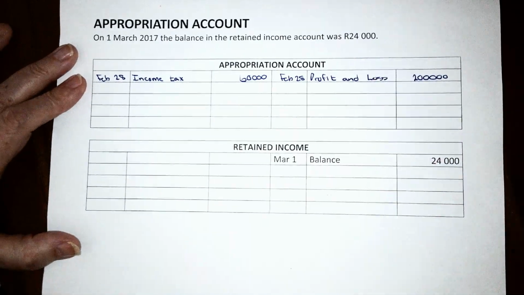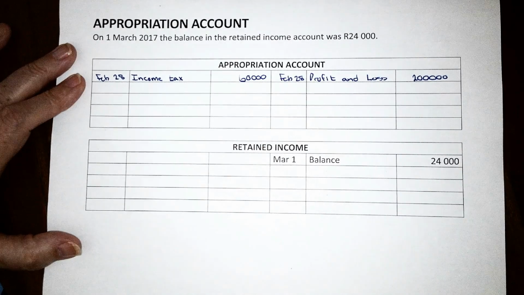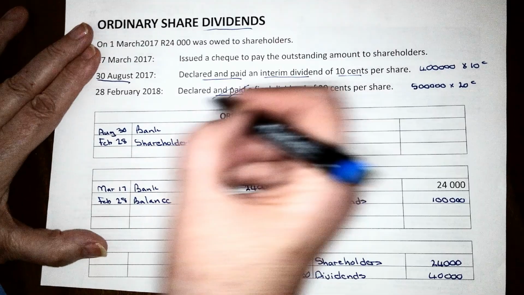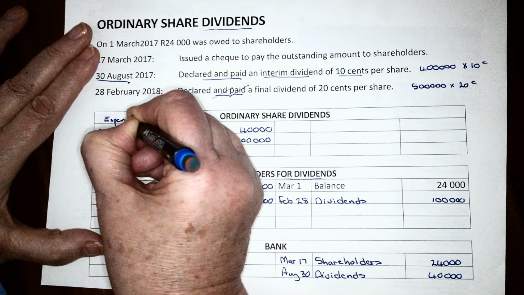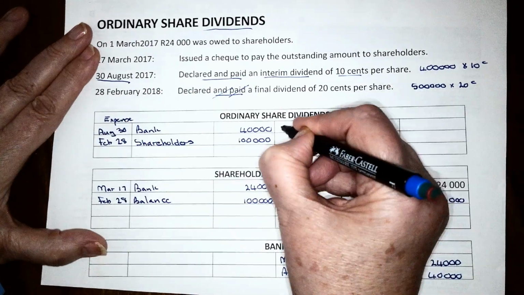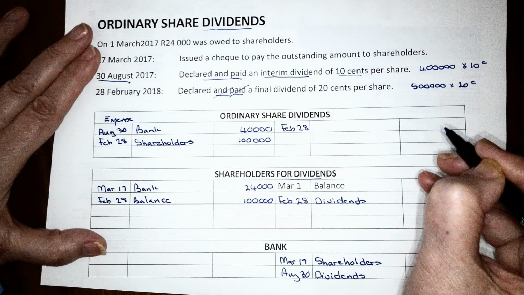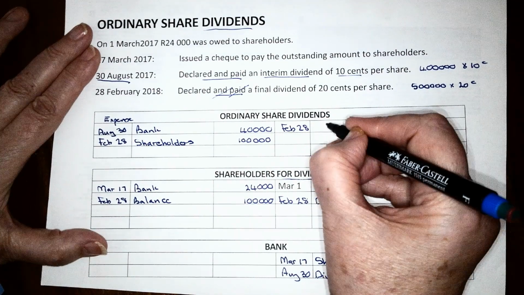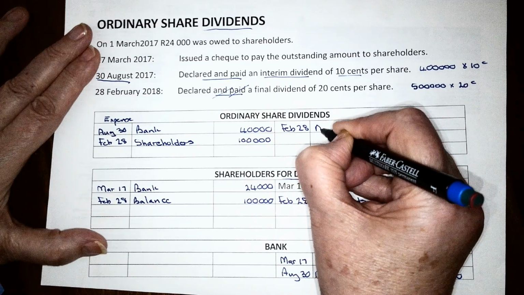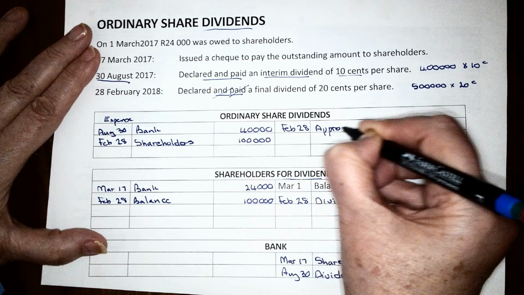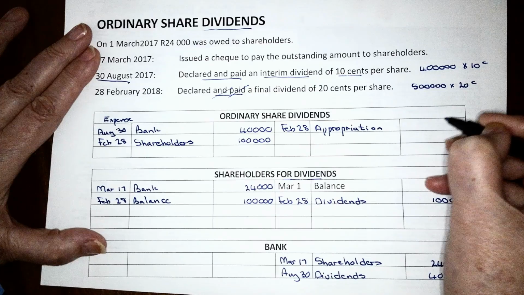The first expense that we have to pay out of this profit is income tax. Okay, ordinary share dividends is also an expense. So it means that we have to credit the expense at the end of the year to indicate that expenses are closed off to the final account in the nominal section. So I will take this ordinary share dividends to the appropriation account to close off this ordinary share dividends account